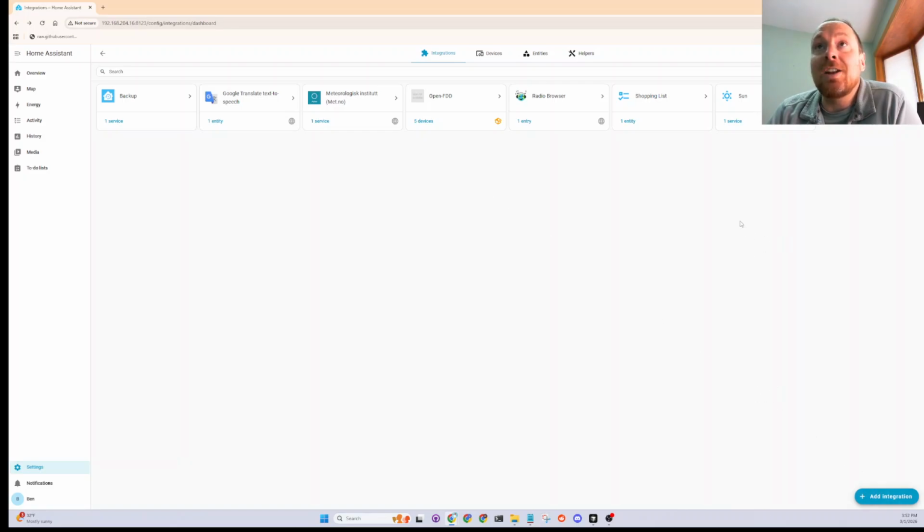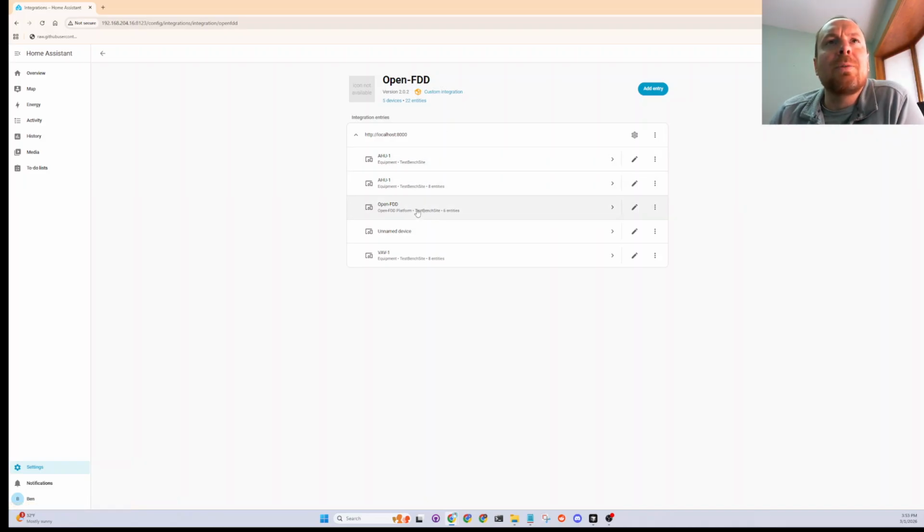OpenFDD, like anything else in Home Assistant, things will just populate automatically on discovery. It discovers everything behind the scenes, which is kind of cool, almost like a building automation system, like BACnet. Things just populate, and wow, cool. So OpenFDD will come up when it's cloned as a sibling container through Docker. It'll come up automatically as a device for Home Assistant, and if you would pretend that this is a commercial building,